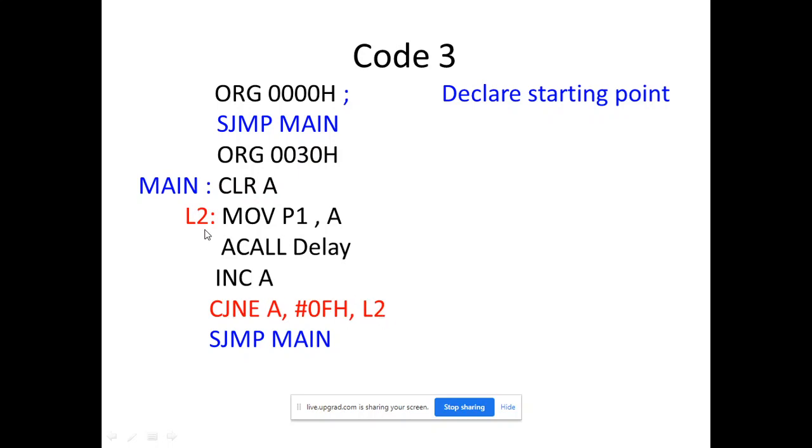L2 means here again. Now in A we have value 01. That is passed to the port, meaning the LEDs now display 01. Then call delay because we want to see that. Then increment accumulator, now it has 02. Again check with 0F. Suppose it is not equal, jump to L2. In this fashion you remain in the loop how many times? 15 times. First it will display 00, then 01, 02, 03, 04 up to FF. In this fashion we are